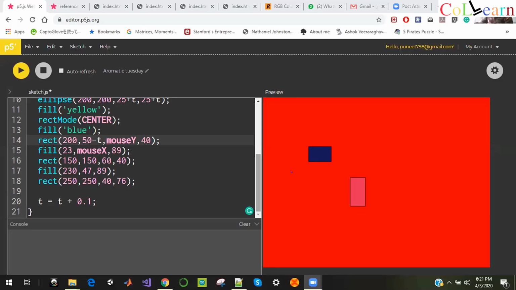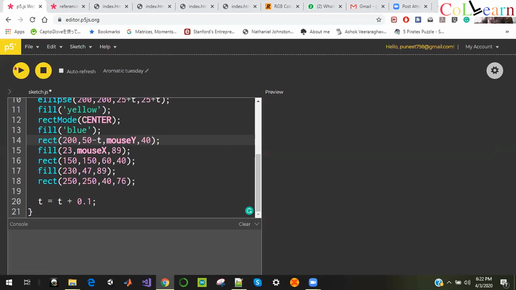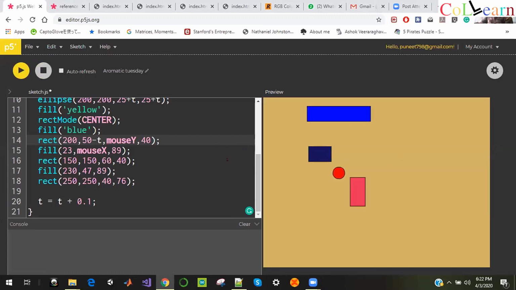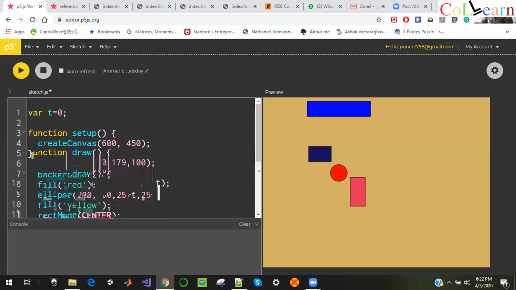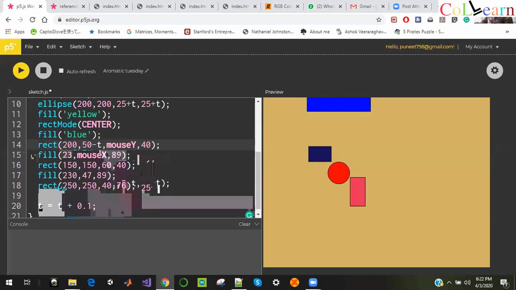So this was it, but let's see if I can do something else. One other thing that I want to teach you: as you can see, the boundaries of these rectangles are very thin.